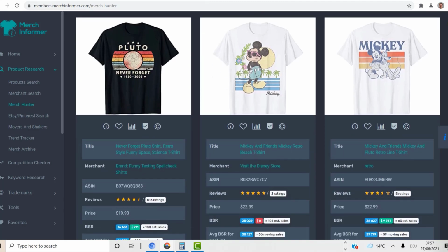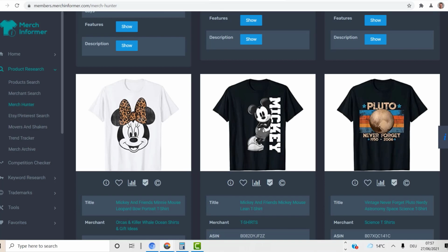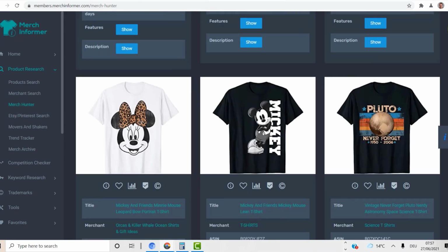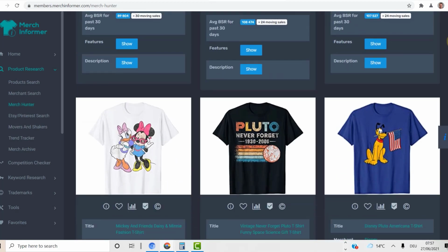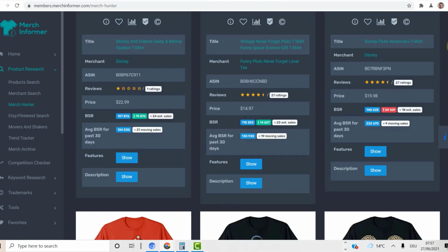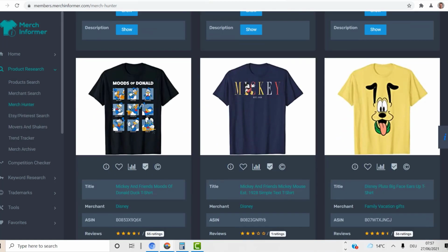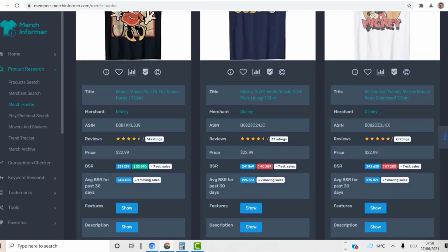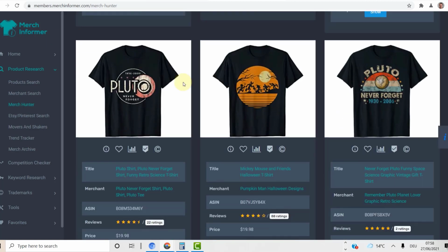For Pluto, of course, a lot of Disney designs come up, but the Pluto planet designs which actually come up, they all look the same. Have a look. That was the first one here with that background. Then you have the next one coming up here. It's a pure copy. Then you have the same one. All they've done is basically move the planet to the right hand side. There's another one, they've moved it to the left hand side. Fair enough. So you see how creative people are. There's another one with pure copy. There's another one, and they all look the same. That's a bit different,